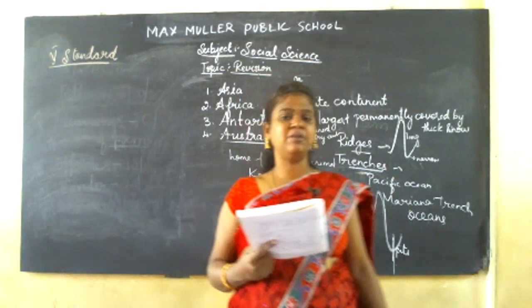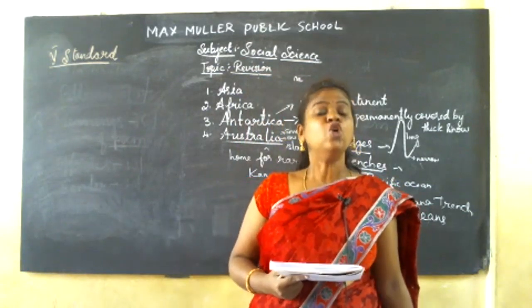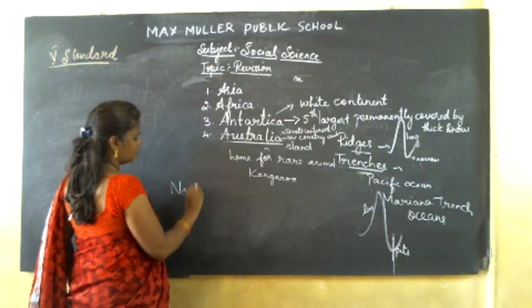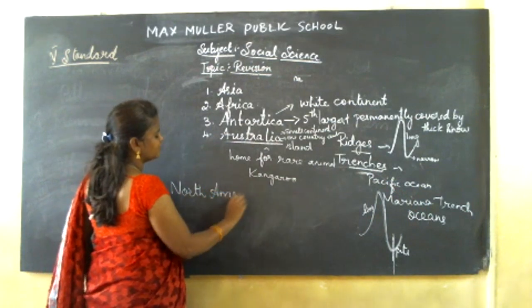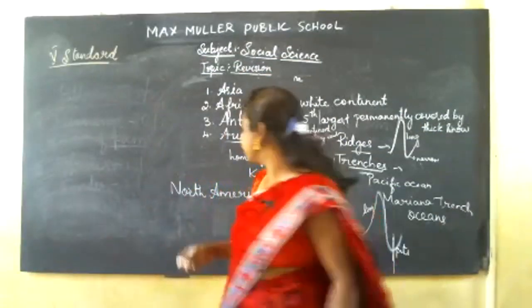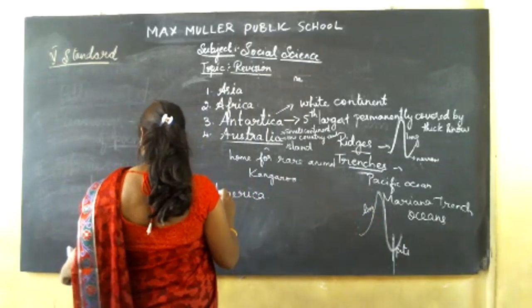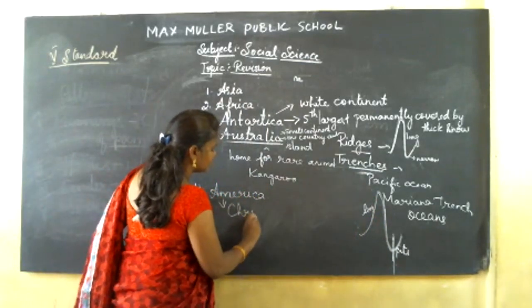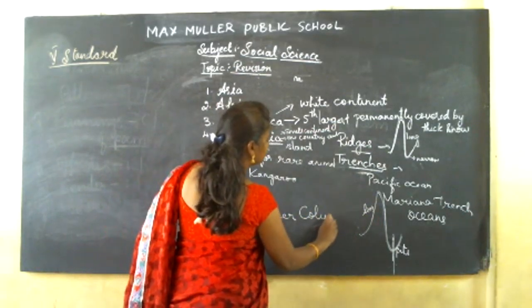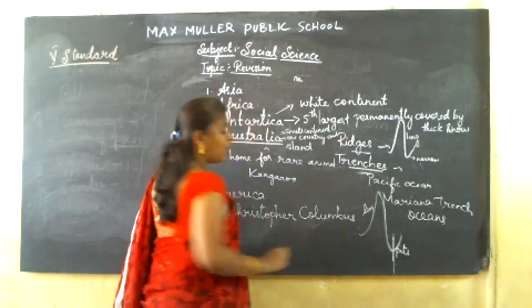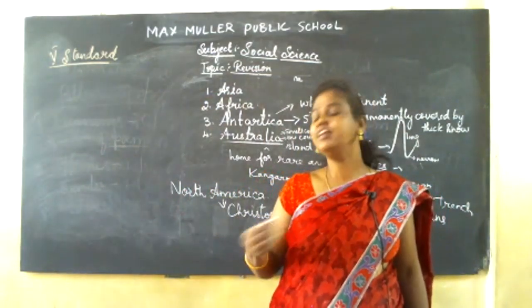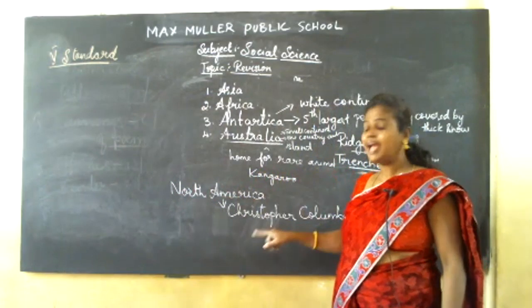And finally, the fifth question: who discovered North America? Who was the person who discovered North America and how did he discover it? North America was discovered by Christopher Columbus. How did he discover North America? Accidentally,